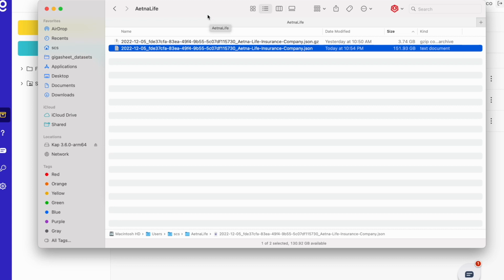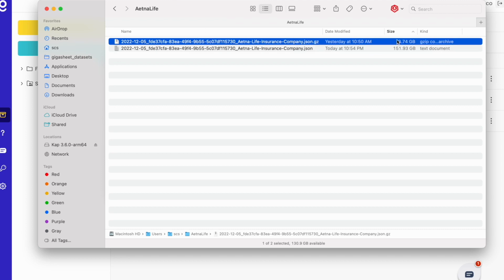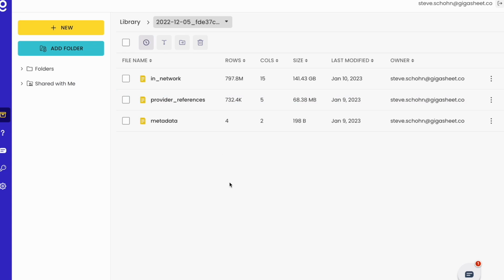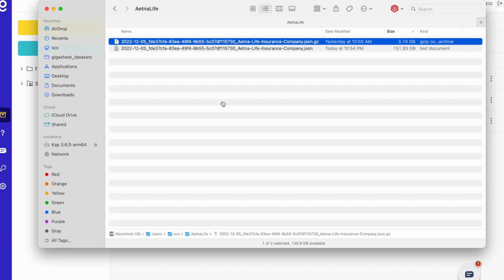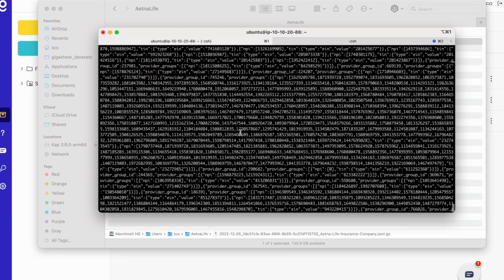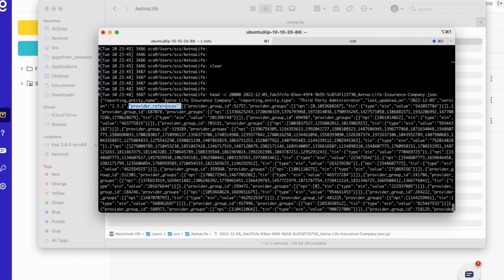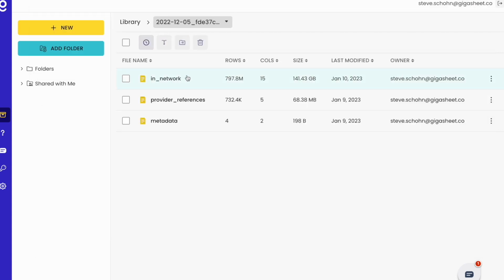So to open it, I used Gigasheet just to see what's in it. I uploaded this file. To be clear, use the zip file when you upload it. And Gigasheet's new JSON parser parses it like this. For starters, we have that metadata, 4 rows, 2 columns. We have that provider references node, which we saw in the output of the head command, where we see these provider references. And then there's this in-network node. The in-network node seems to be the bulk of the file, 15 columns,